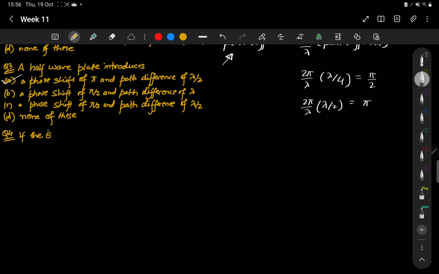If the E field and D field are pointing in different directions in a medium,